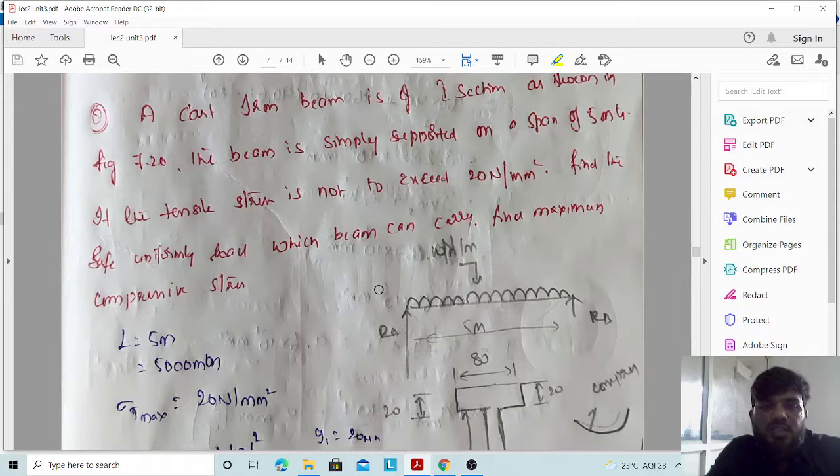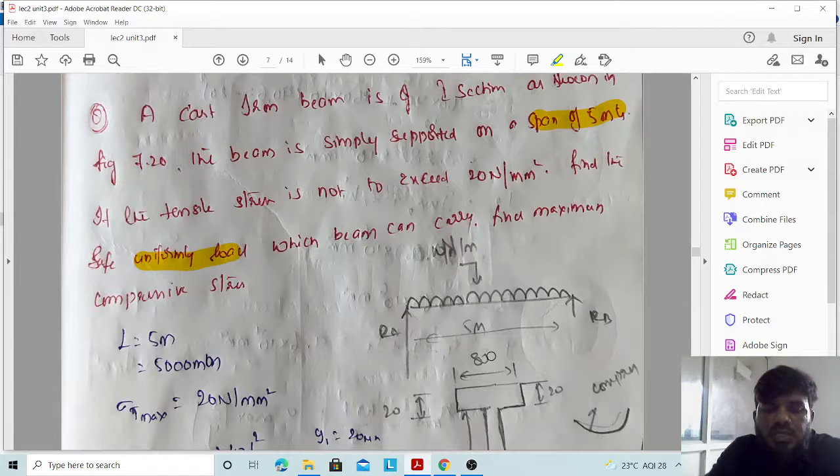So, how to solve this kind of problem? Let us take what type of beam they have given. First of all, they have clearly mentioned the beam is simply supported. So, I am drawing a simply supported beam carrying a UDL, a safe uniformly distributed load. They have never specified the value of the UDL, so I am taking it as W Newton per meter. I do not know the value, so I am considering it as W, whereas the span of the beam is given as 5 meters.